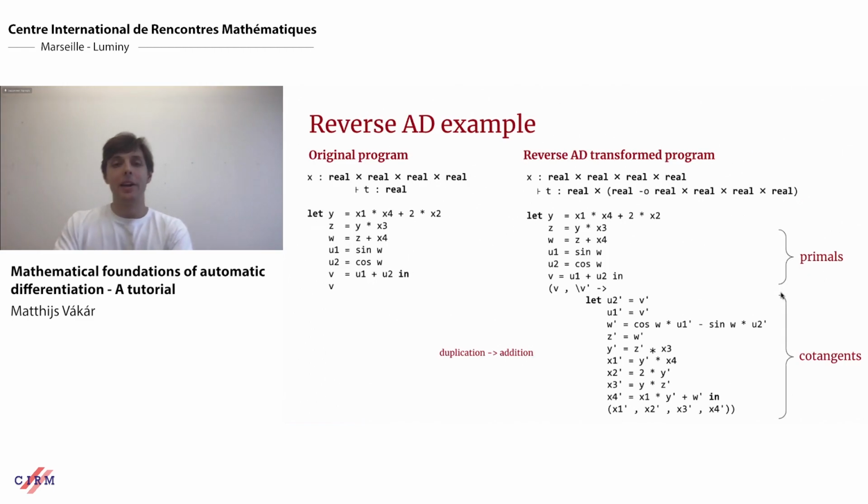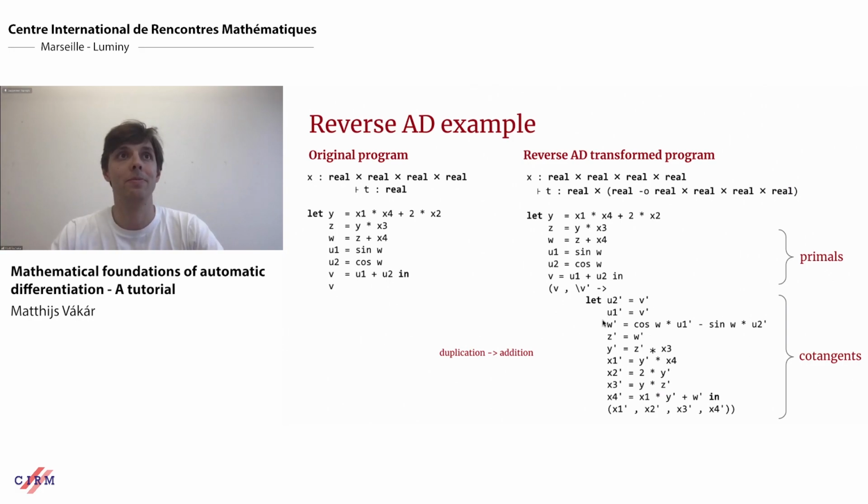So I think I'll stop by showing what it does on a little example program. This program performs a bunch of operations in a row again. What you'll see for the code that this reverse AD algorithm generates is that it first runs the original program in the same order. Then it goes through the program in reverse order to calculate the derivative, right? So we ended by computing v from u1 and u2, and then we start the reverse pass to calculate the cotangents, so to calculate the action of the transpose derivative, by first calculating the cotangent vector at u2, so u2 prime, from the cotangent vector at v,